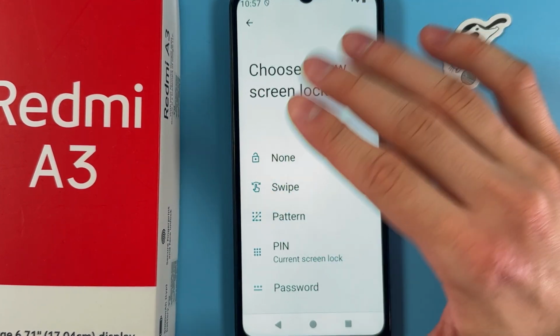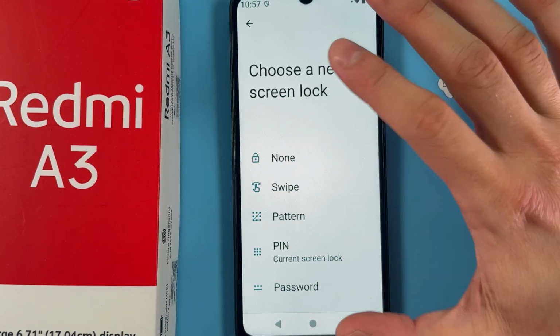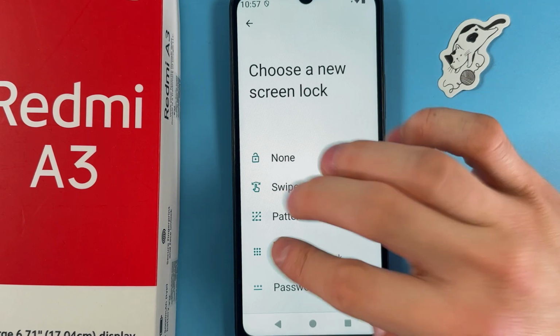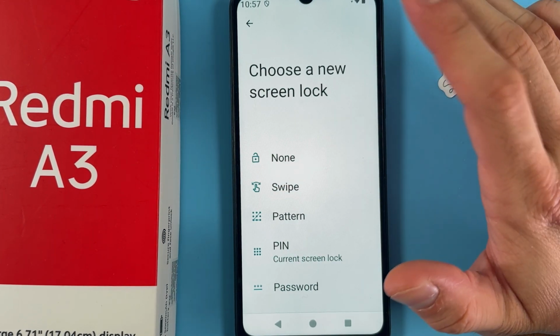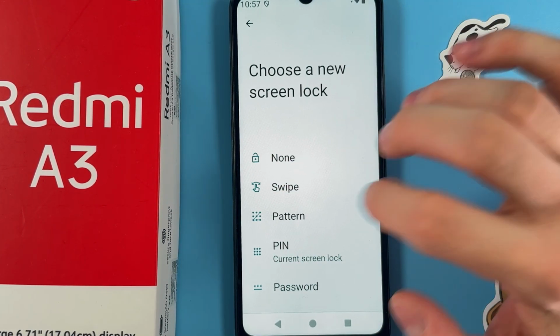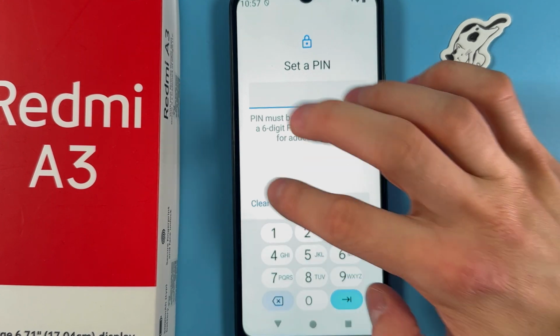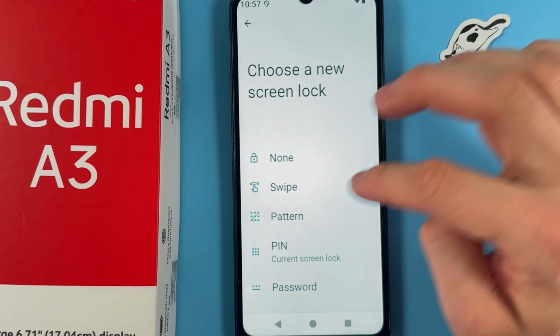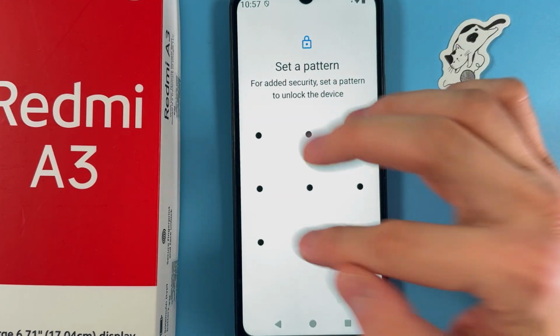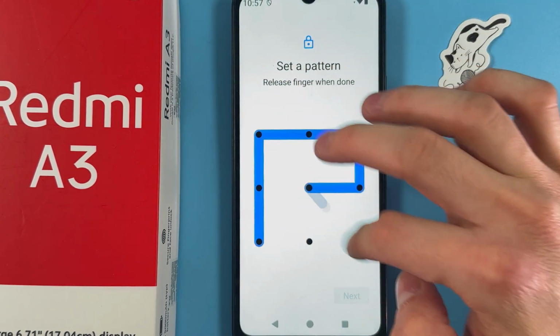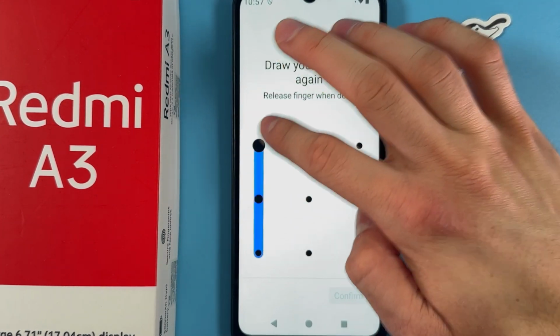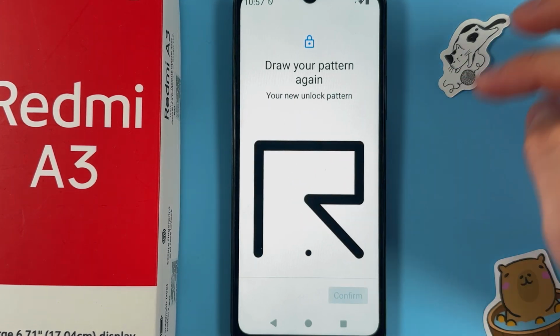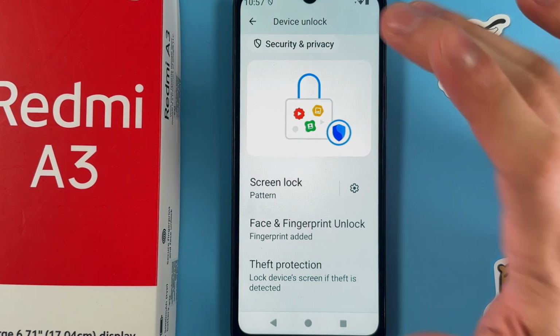Now you can choose a method of your screen lock. So none, swipe, pattern, pin, and password. So let's choose something else. By now I have a pin. Now let's choose pattern. Why not? Now let's create a pattern, press next, draw your pattern again, press confirm, and as you see,